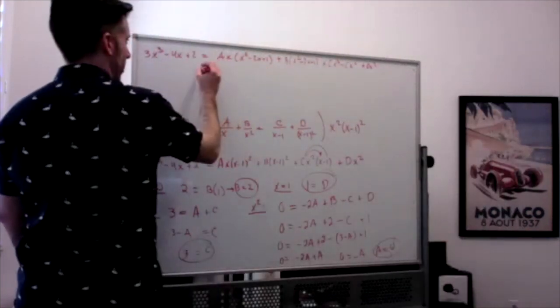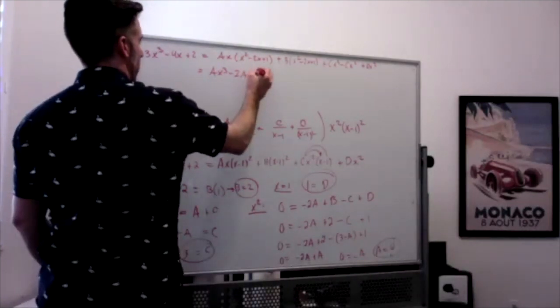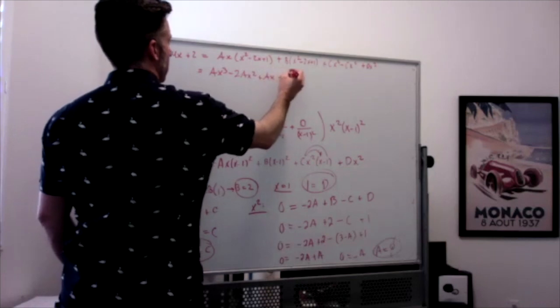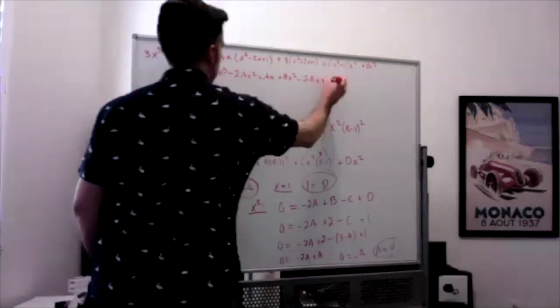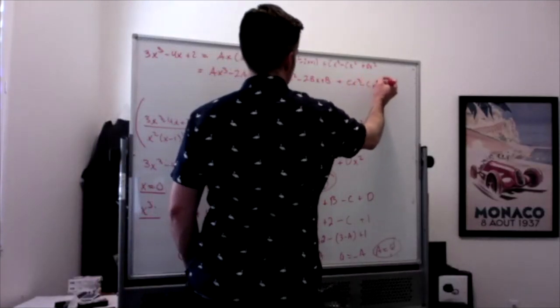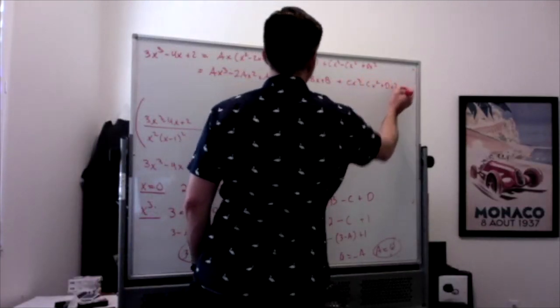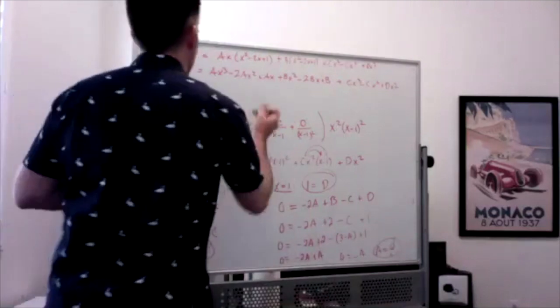Multiplying this out further, this is ax cubed minus 2ax squared plus ax plus bx squared minus 2bx plus b plus cx cubed minus cx squared plus dx squared. So then, if you're looking at the different coefficients, you'd say, okay, well, x cubed,